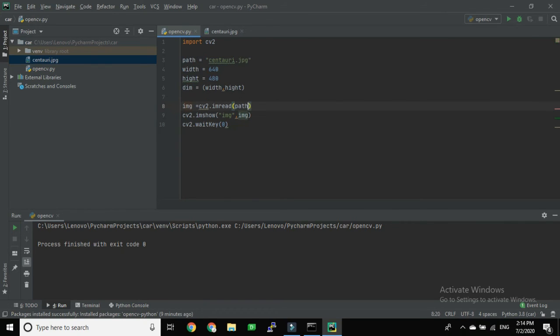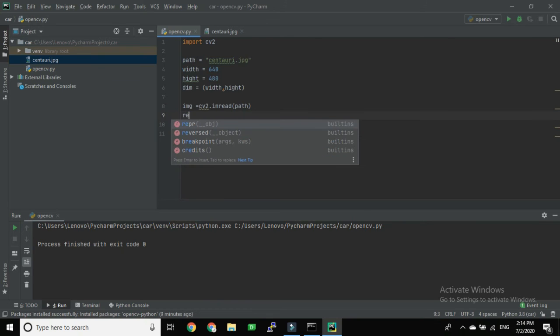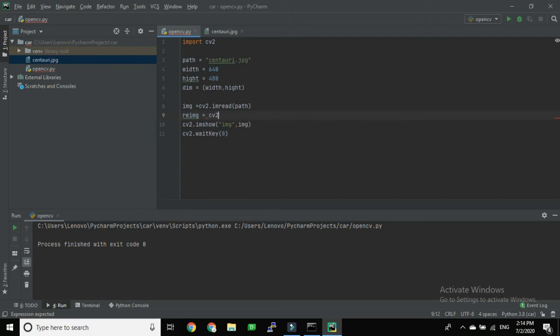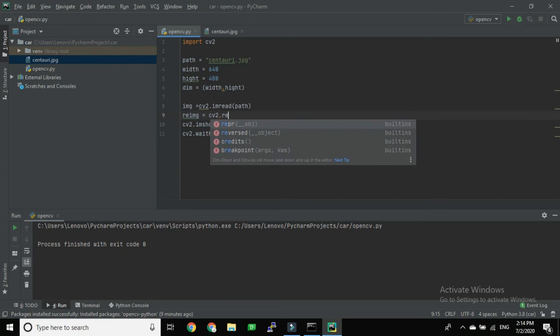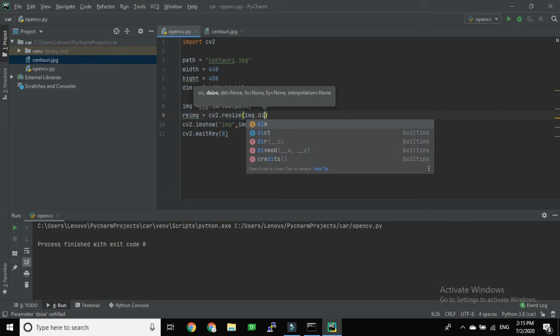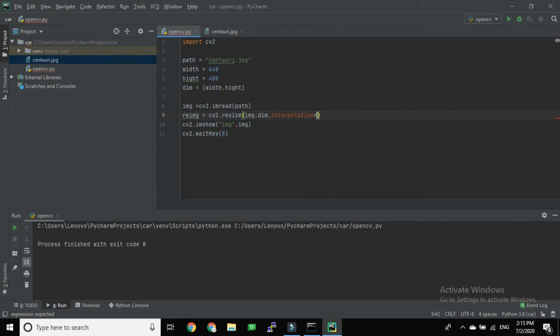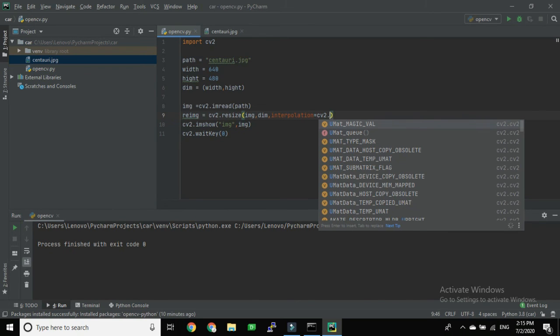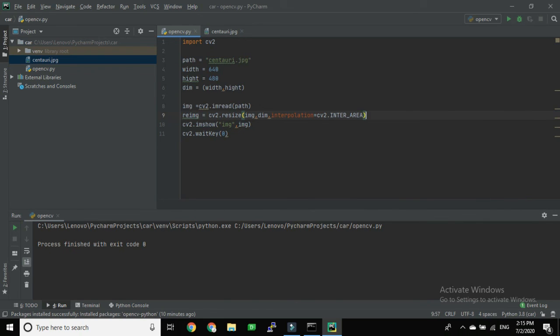We can create a variable named image equal to cv2.resize, and the source is image, and the size of width and height is dim, actually it's a set, and then write interpolation equal to cv2.INTER_AREA.